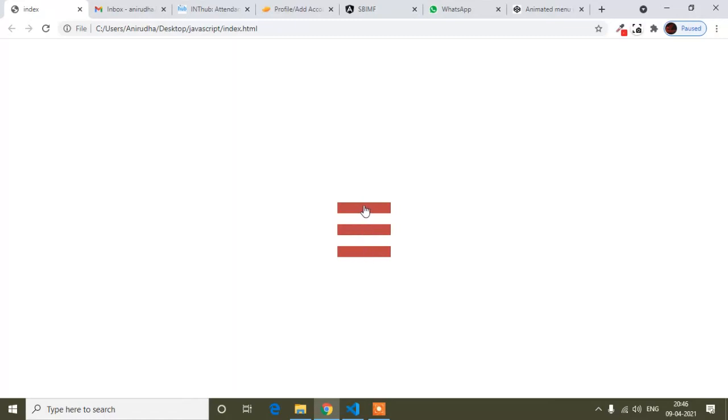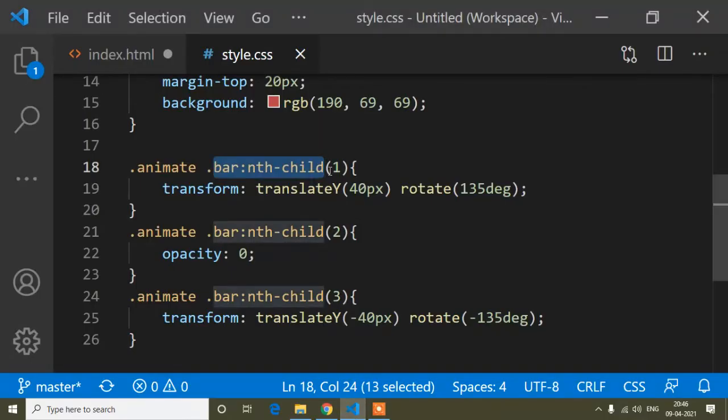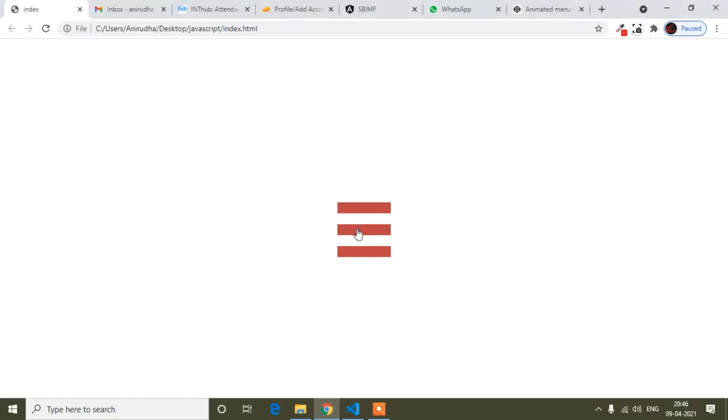For selecting our first line, I have written bar nth child 1, so that means it's the first line. And when I click, I want to remove the second line, and this line will move this way and this line will move this way. So this will make a cross sign, and the middle line will be removed.